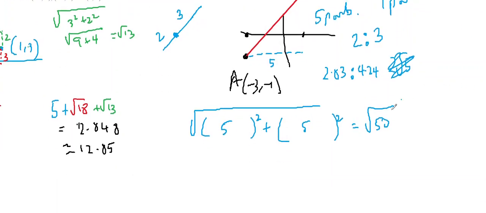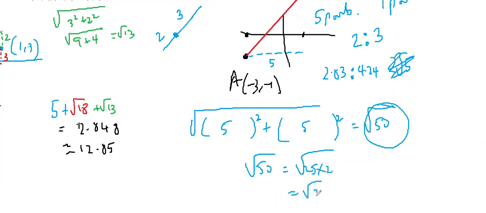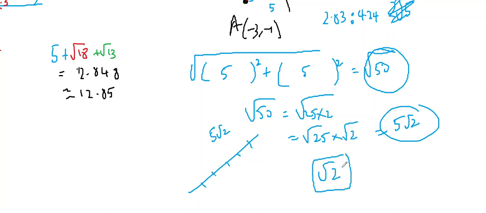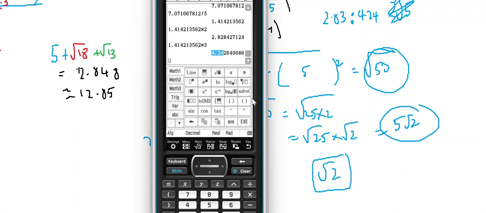If I left it in surd form, the square root of 50 is the same as the square root of 25 times 2, which is the same as the square root of 25 times the square root of 2, which is 5 root 2. One part is going to be root 2 because the total length is 5 root 2. And if there are 5 parts, each part will be root 2. So this part will be 2 root 2, and the other part will be 3 root 2, and that's what the ratio should be. Just to double check that, 2 root 2